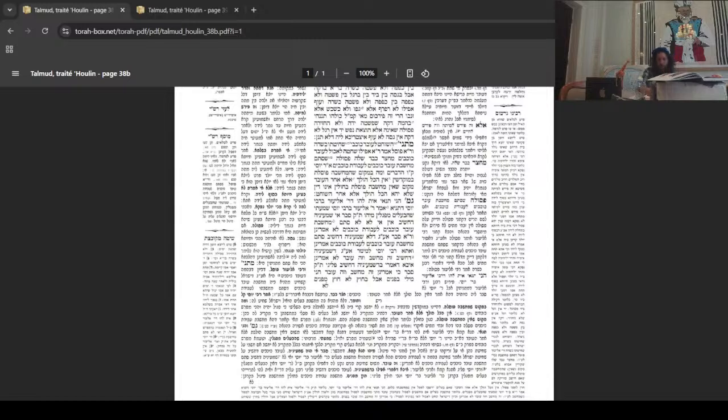It was stated in Zevachim that he shechted an animal l'shma, for Hashem, but lizrok dama shelo l'shma, you're going to throw the blood to